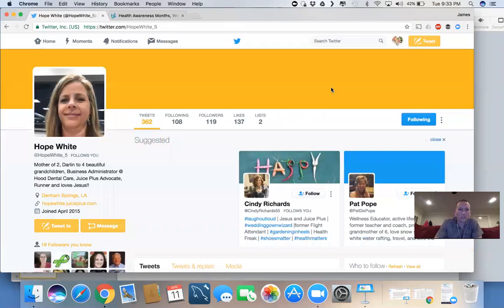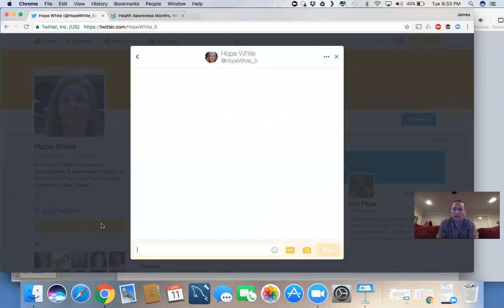Now, a direct message is Twitter's in-app private messaging system, just like Facebook Messenger or texting. And it does not have a character count limit. So you can carry on a legit conversation here. But I encourage you to be cautious about trying to get the conversation here too fast because, and I'll go